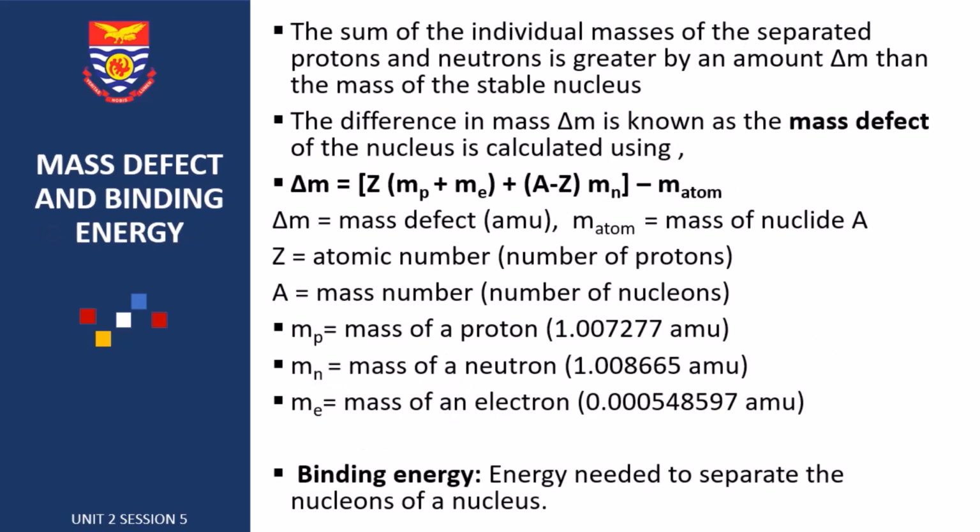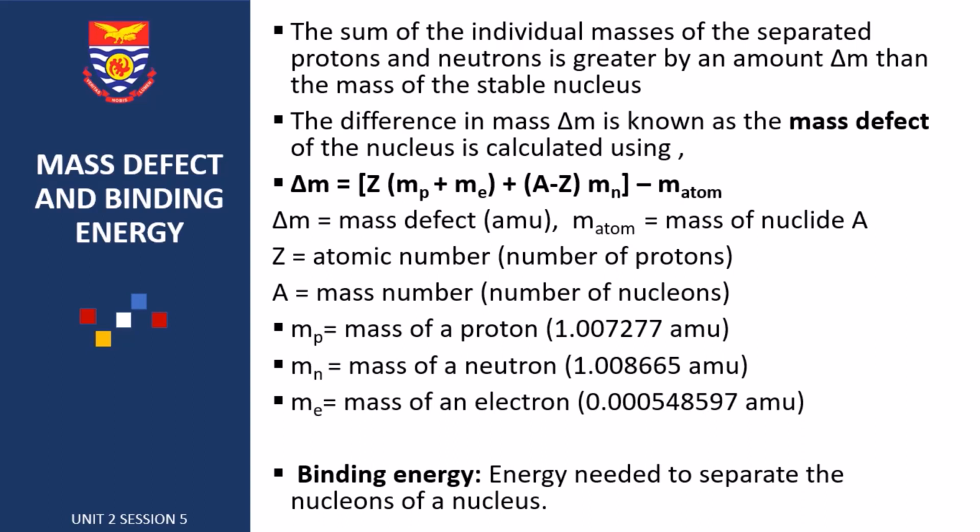Let us look a little bit more into mass defect and binding energy. So we stated early on that the sum of masses of protons and neutrons found in the nucleus is higher than the mass of the nucleus itself. So you may ask yourself, what happened to the mass difference between them? Now, the difference in mass between the mass of the nucleus and the sum of its particles is what we refer to as